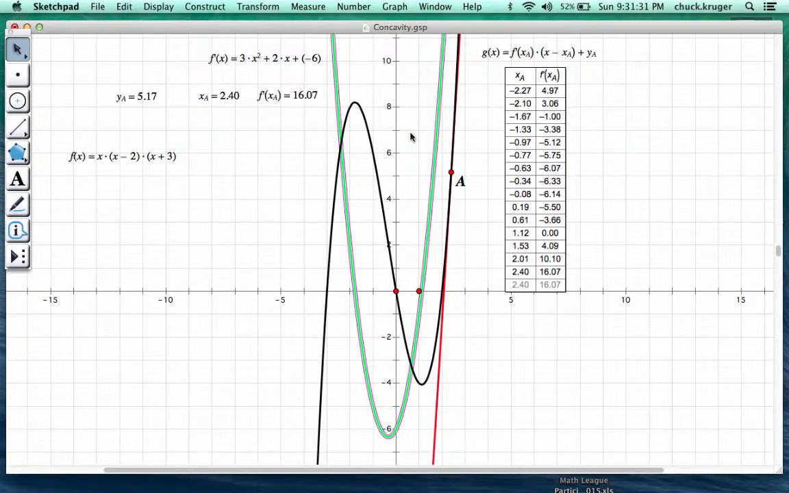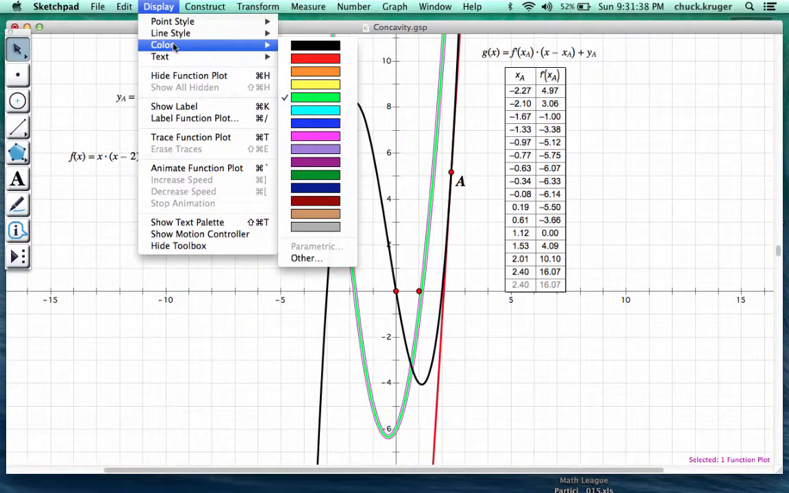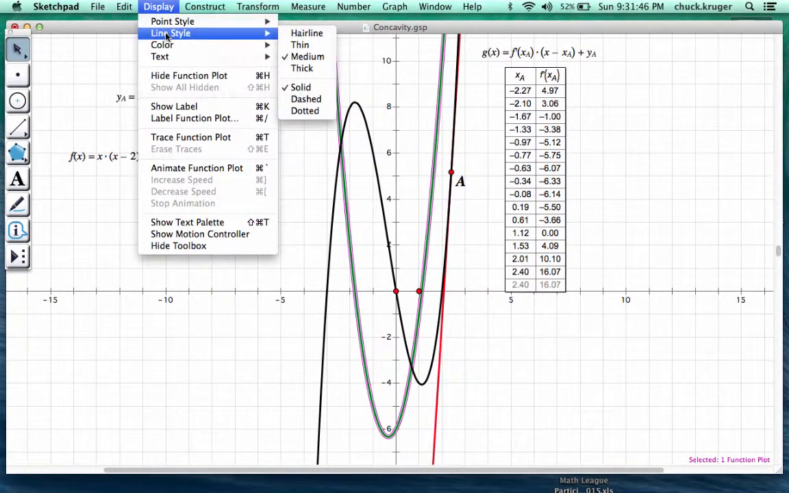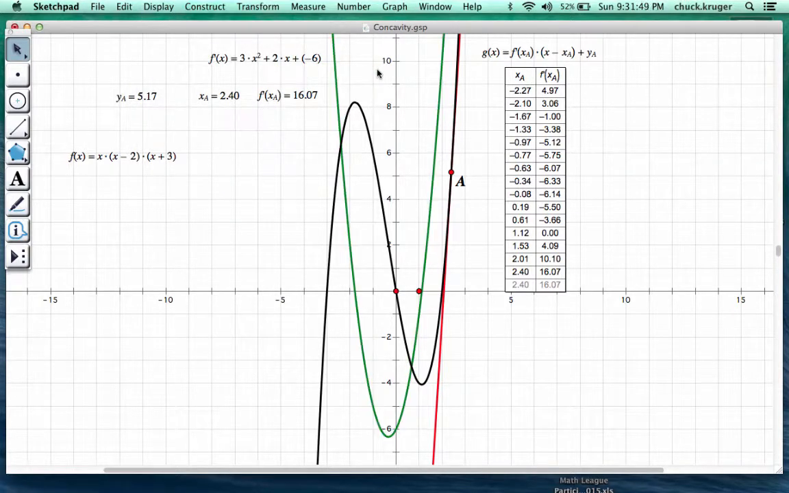Plot function. And I'm going to make that a particular color. I made it green, and I think it's kind of ugly. Let's make it this dark green. And let's give it a thicker line style. Yeah, medium, I guess. And so you could see right here,